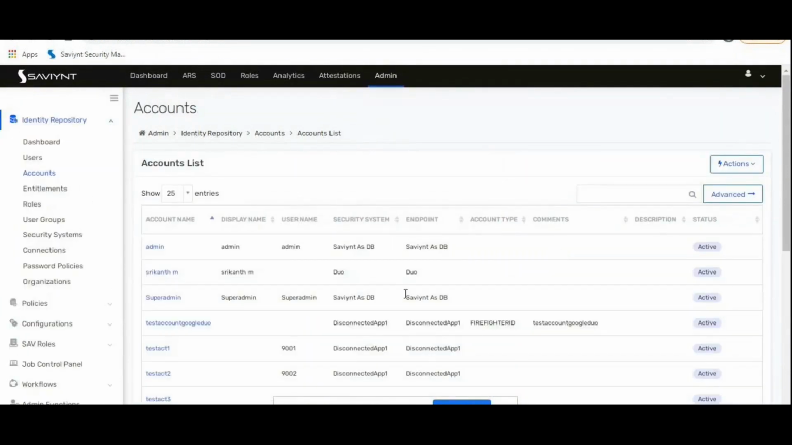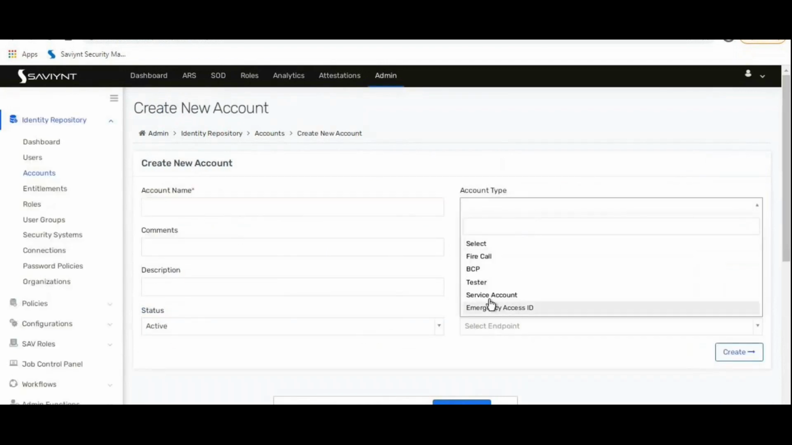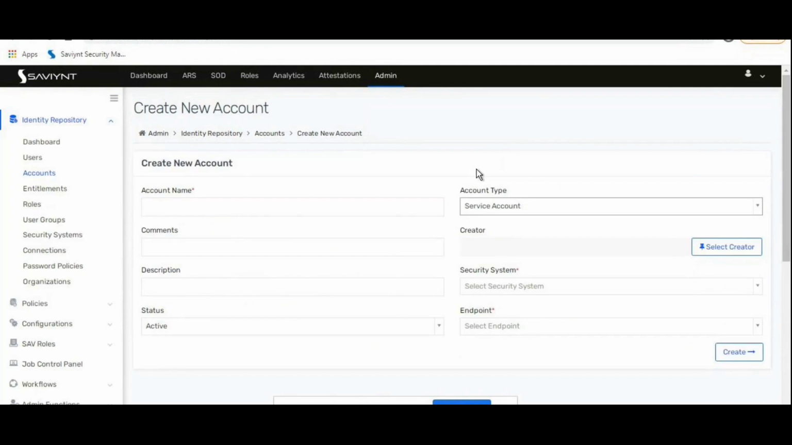Point number two, how do I identify a service account? As I said, all your service accounts, when they get created, need to have an account type called service account. That's how you differentiate a normal user account versus a service account. Service accounts will definitely not have a user associated with them, but they will have an owner tag. Having an owner is not a mandatory thing, but